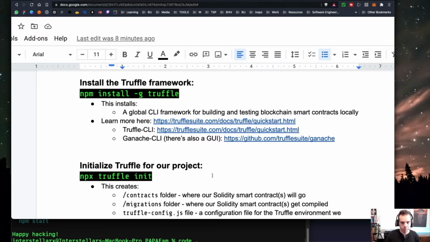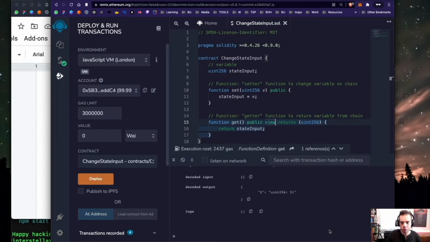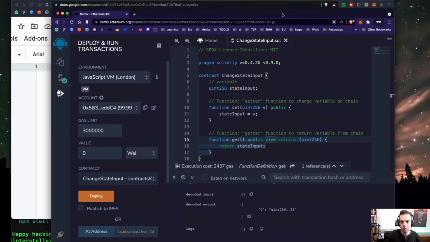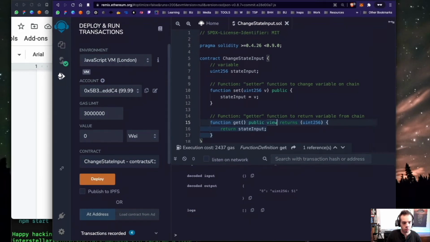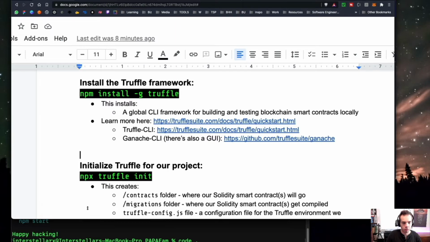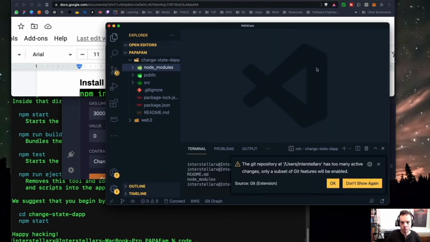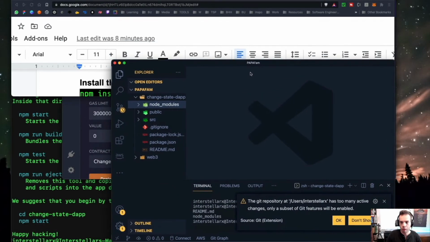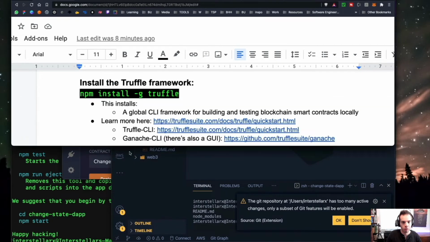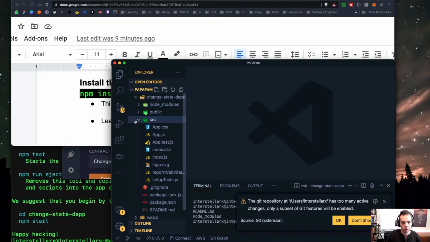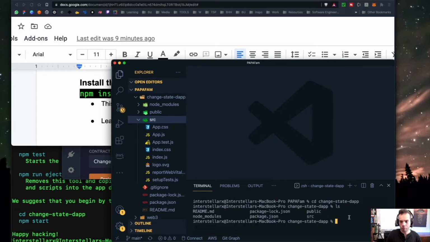So now what we're going to do is go back into our VS Code, which is right here, and get this booted up. So we're going to do npm. What are we going to install? Let us make sure that we have everything.